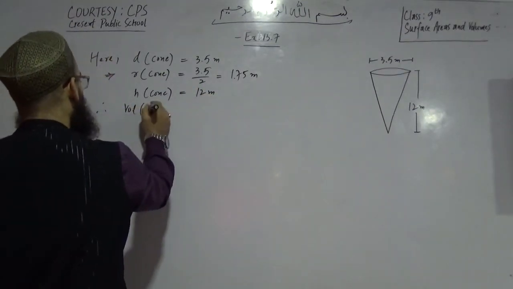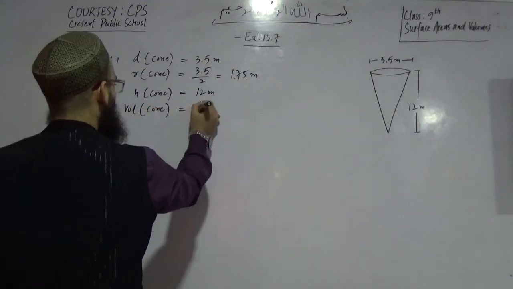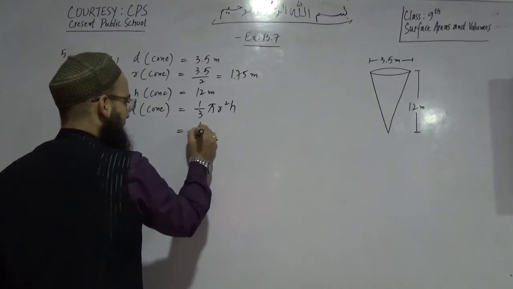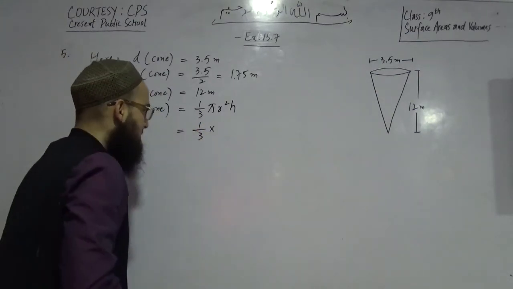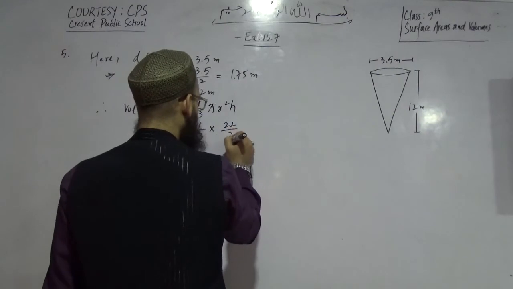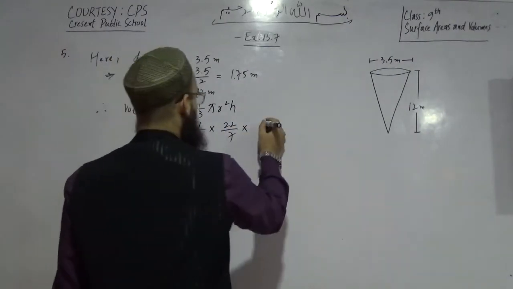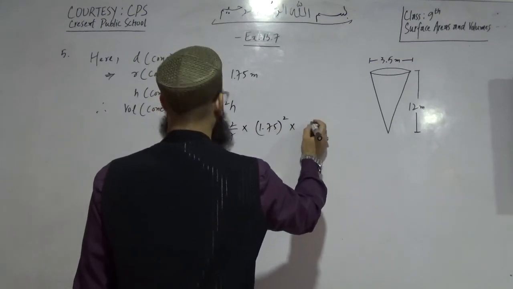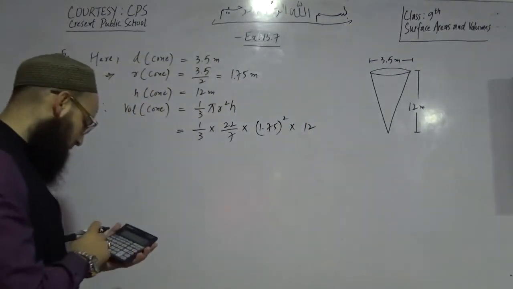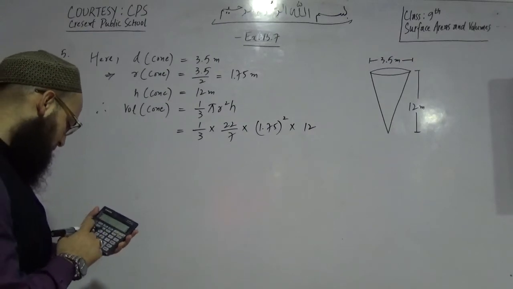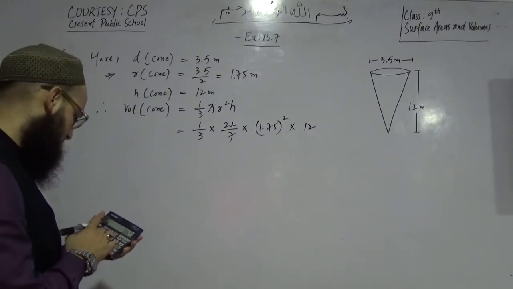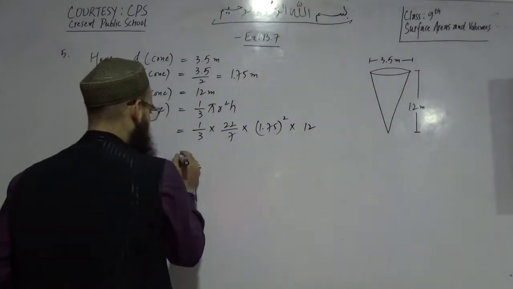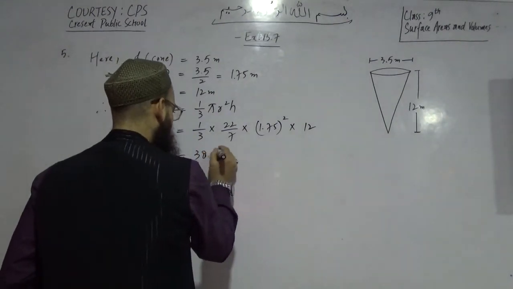Therefore, volume of cone is 1 by 3 pi r square h. That will give you 1 by 3 times 22 by 7 times radius 1.75, then do the square, times height 12. That will give you 38.5